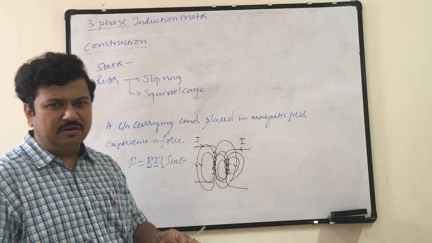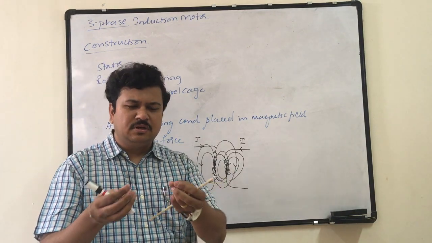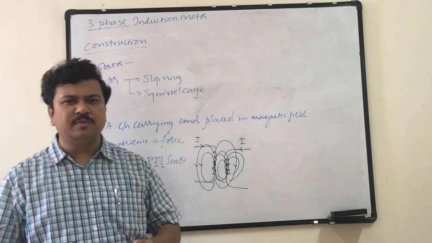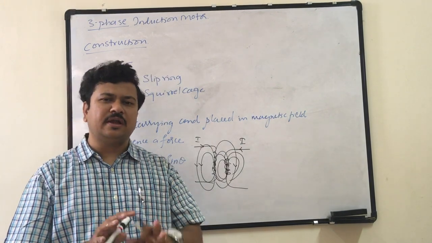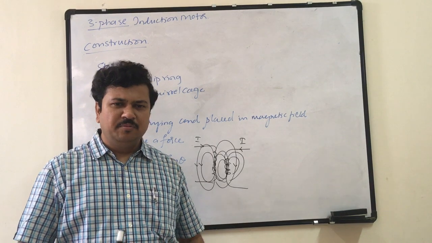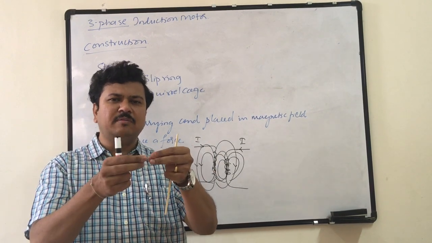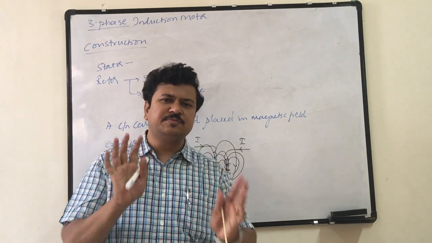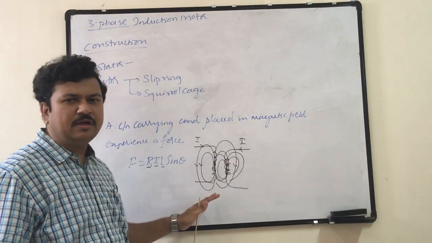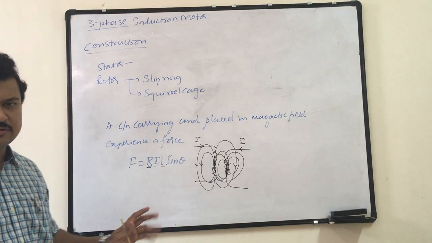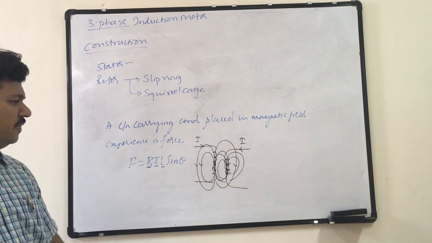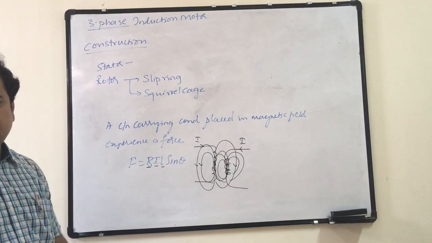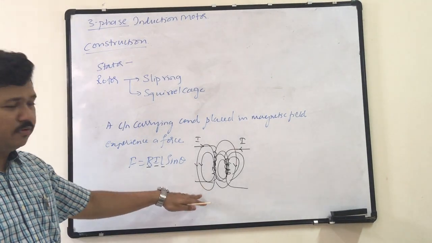It is very simple. You take two magnets near each other. If the poles are the same, they repel. If the poles are opposite, they attract. Why? What is happening? Because the magnetic fields of both the magnets are interacting in the same space. Therefore, the force is produced. The same principle we are using, but through electromagnets. That's it. So this is the fundamental principle of operation of any motor. This is for any motor.